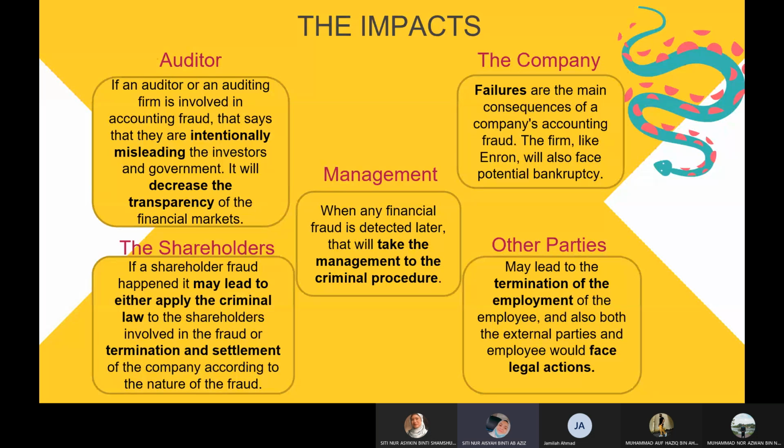And for the other parties, also known as external parties. External parties can also commit accounting fraud, often with the help of employees of the firm, for gaining their personal needs. For example, for gaining debt finance from an institution, one can hide his previous debt and approve a misstatement of his income, with the help of an employee of the institution. It may lead to the termination of the employee, and both the external party and the employee would face legal action. And for the next slide,